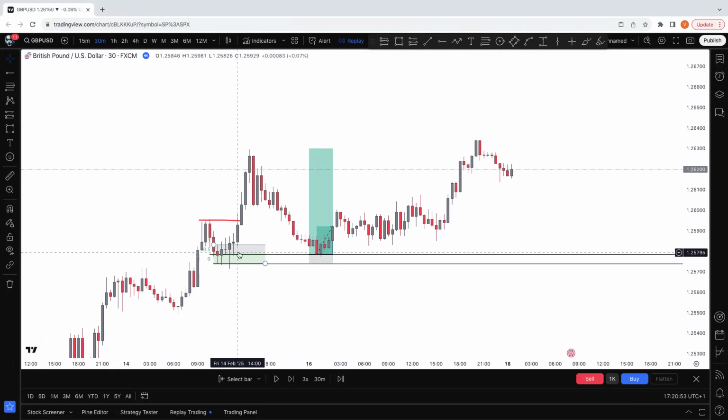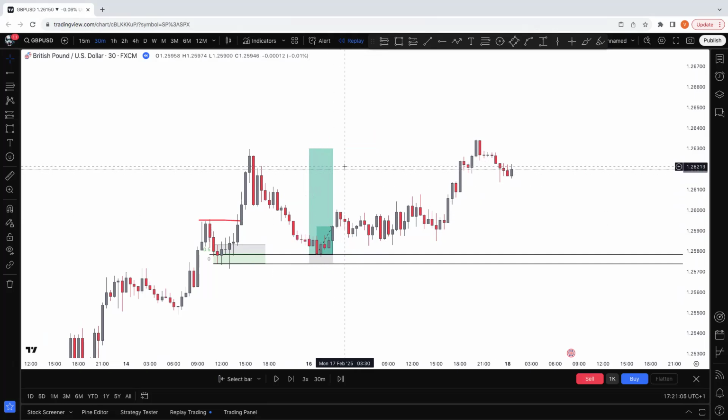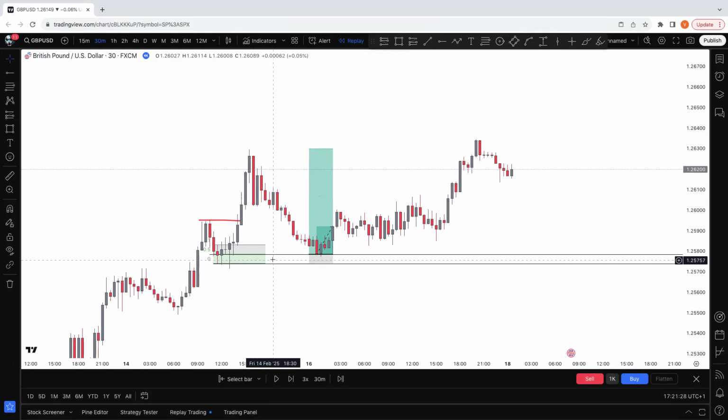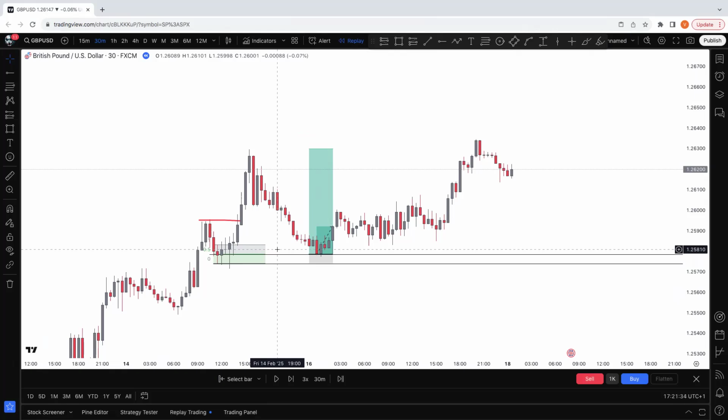So if we actually use this entry, we would have had 11.6 risk to reward. You can see that now we have 11.66 risk to reward. Remember the first entry we got 4 risk to reward, the second one we got 8, but this one using 50%, now we are having 11.66, right? So you can see how these different entry types can give you different risks to reward. And this trade that we took here is a very good trade because it actually ticked all of those boxes. And then the last one, which is the fourth one, is